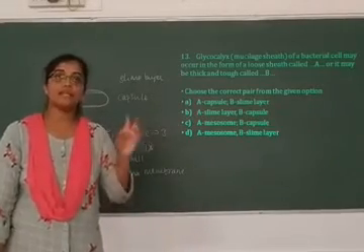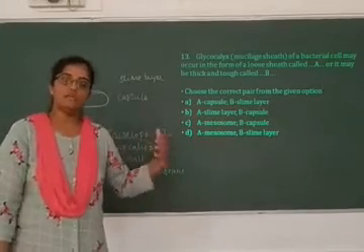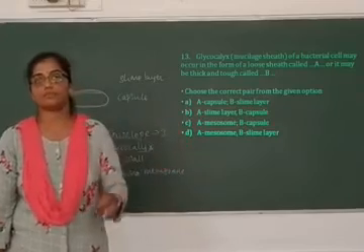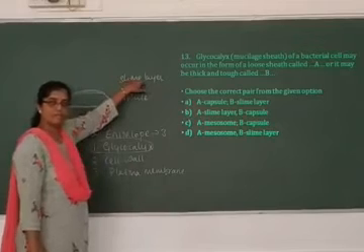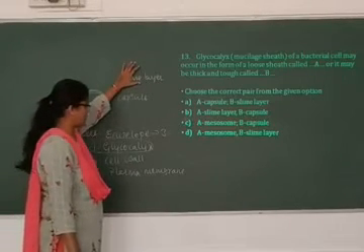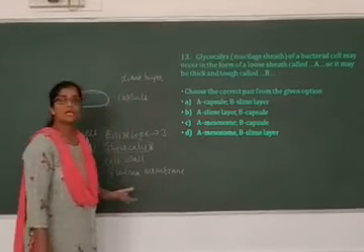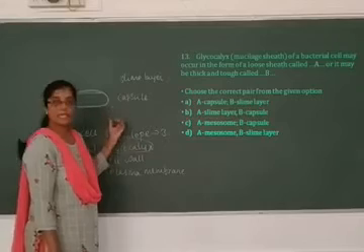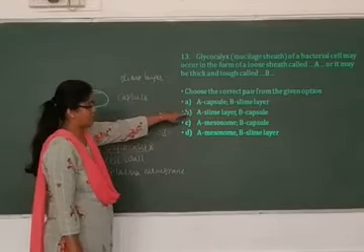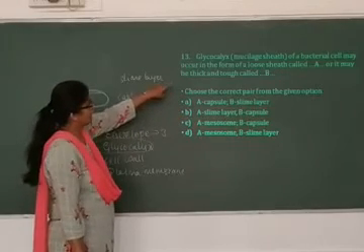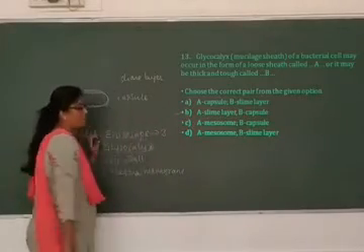Capsule can act as antigen, right? If you remember the Griffith experiment, you can correlate this with the rough strain and the smooth strain. So if the glycocalyx occurs as a loose layer, easily washed off, it is called slime layer. If it is tightly bound, cannot be washed off easily, and it is tough, it is called the capsule. Right? So it's an NCERT statement. Look at the options. If it is easily washed off, it is called slime layer, and it may be thick and tough, called capsule. So the right answer is B.